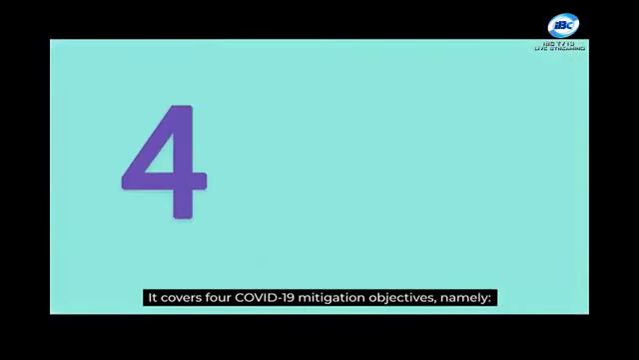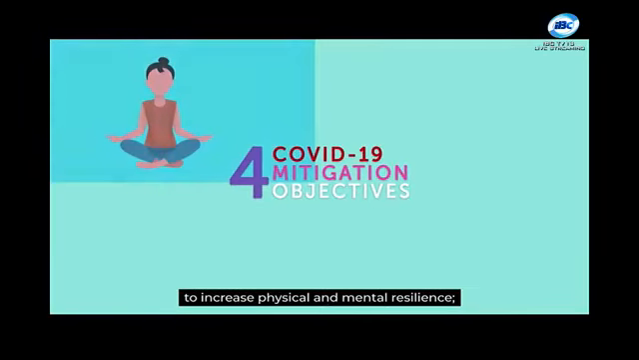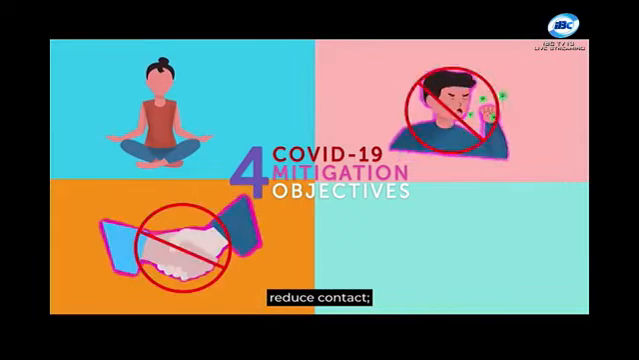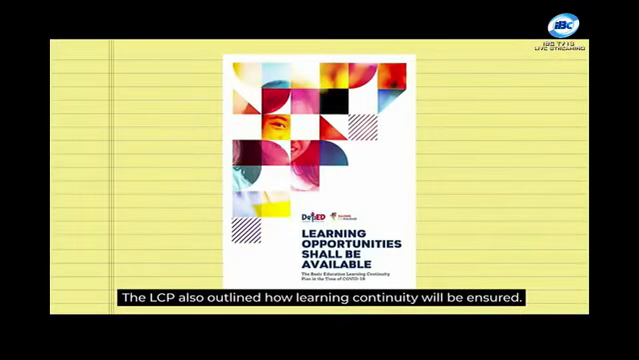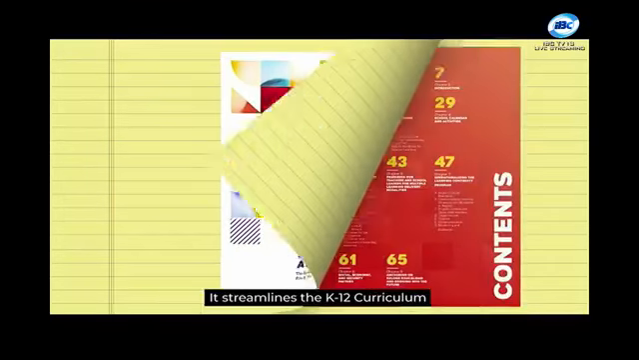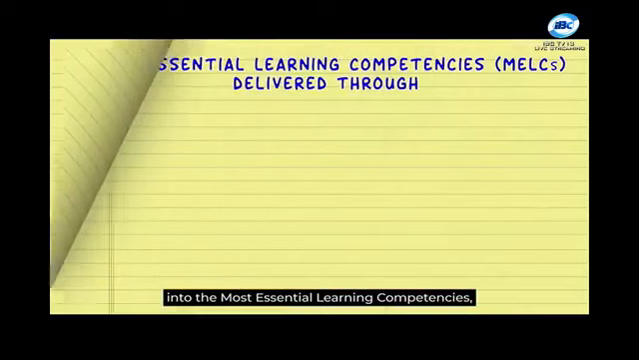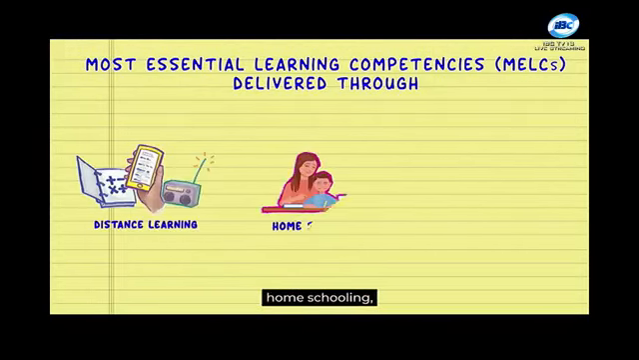It covers 4 COVID-19 mitigation objectives, namely, to increase physical and mental resilience, reduce transmission, reduce contact, and reduce duration of infection. The LCP also outlined how learning continuity will be ensured. It streamlines the K-12 curriculum into the most essential learning competencies and allows the use of distance learning, homeschooling, and